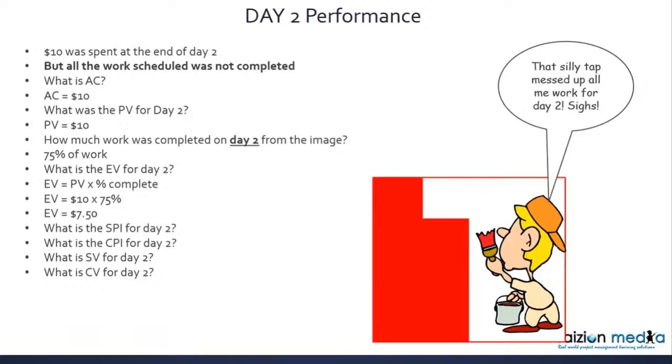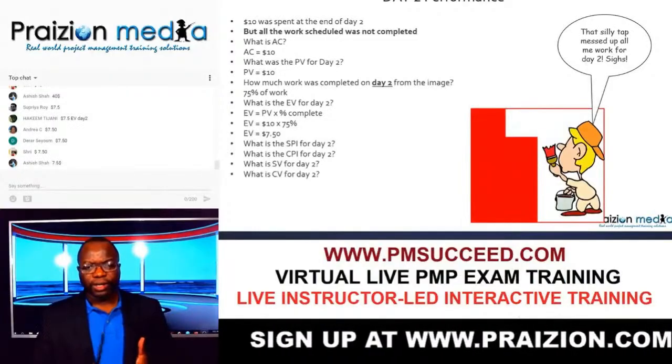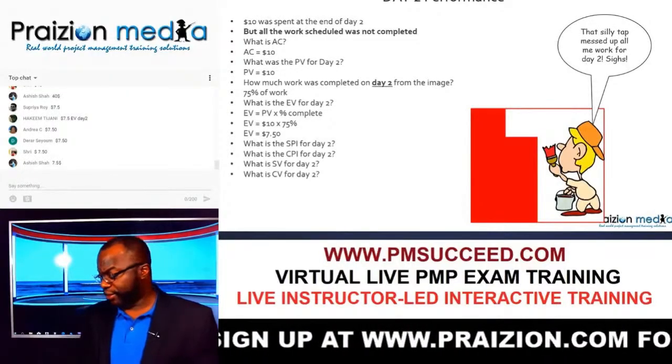Now, I don't want to waste time because I have a feeling you already know this. I have a feeling you know the SPI and CPI even without using a calculator. Can you prove me right? Can you type in the SPI, CPI, SV, CV? Let me make sure that you actually know it.